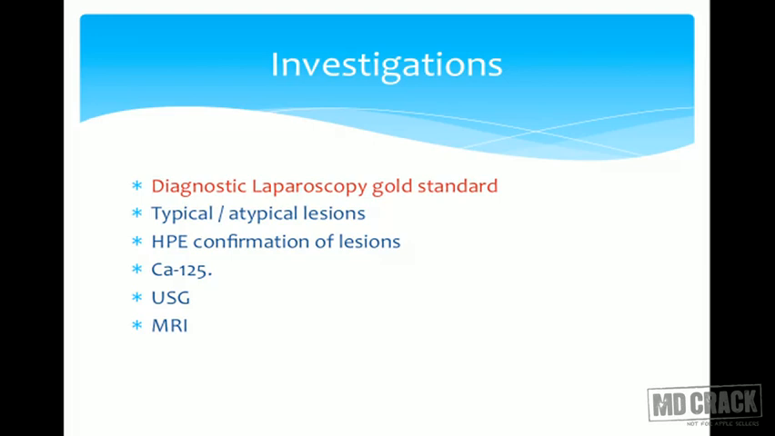The lesions can be typical or can be atypical. We have to have histopathological confirmation to say that this is endometriosis. So we can just take biopsies from the lesions and send it for the histopathological examination. CA125 is raised but not very specific. Ultrasound, yes, it tells us about the cyst formation. MRI can also be used. But the investigation of choice in endometriosis is always